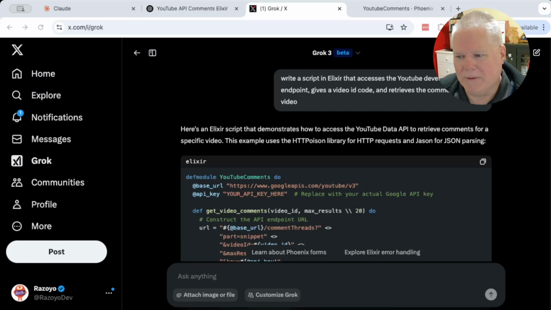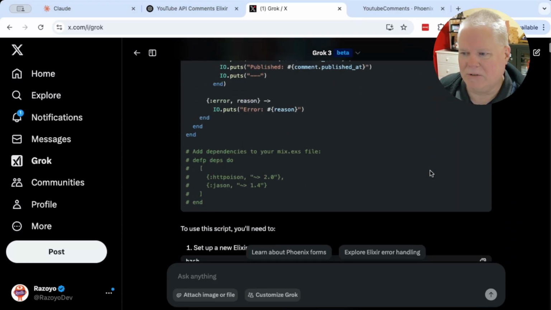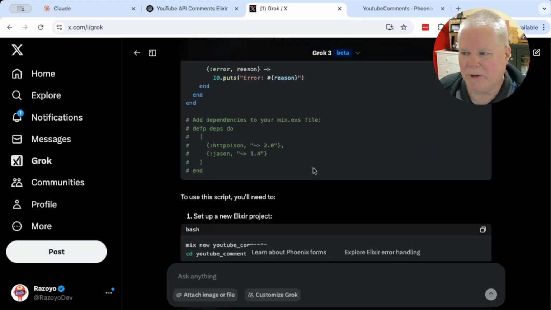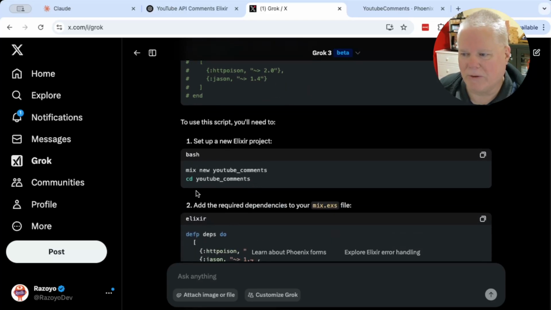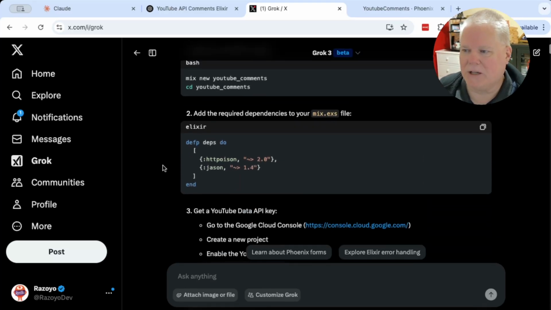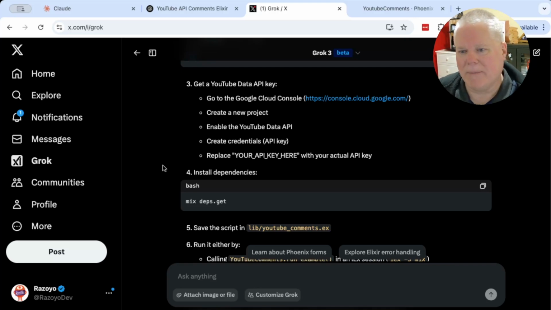It wrote the script really quickly. It explained it. One of the best things that I'm noticing about Grok is it's giving you not only the code to put in, but also a breakdown of how to set up the project, add the dependencies that you need, etc. It goes step by step.